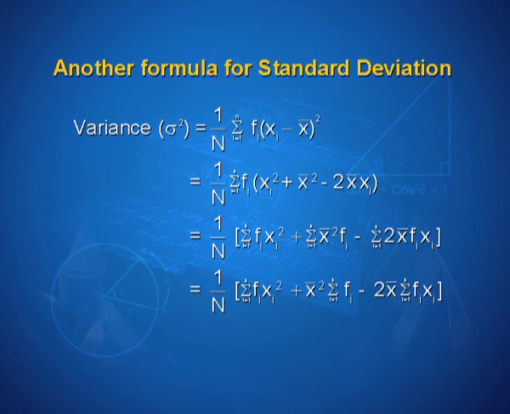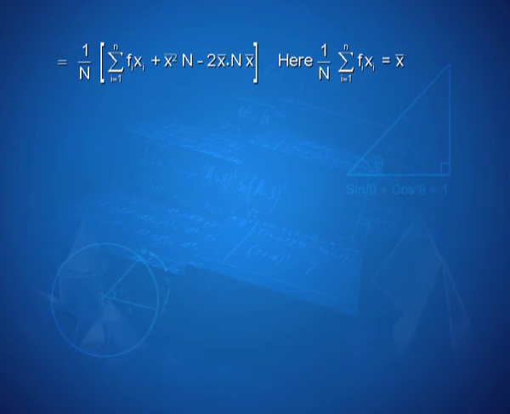that is equal to 1 upon n into sigma i varying from 1 to n fi xi square plus x bar square into n minus 2 x bar into n x bar. Here 1 upon n into sigma i varying from 1 to n fi xi is equal to x bar, or sigma i varying from 1 to n fi xi can be written as n x bar,